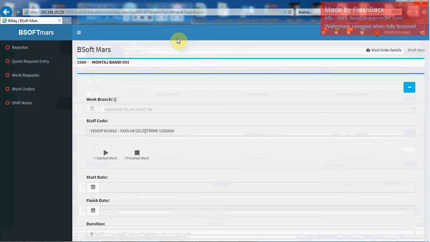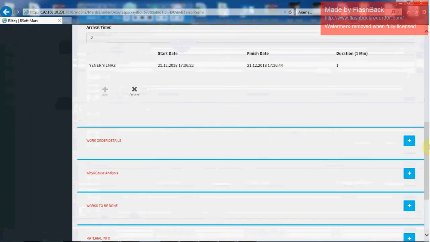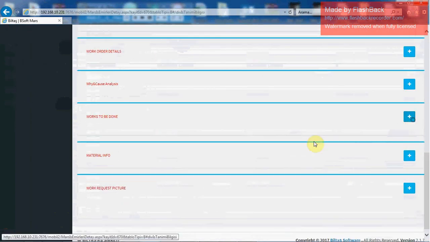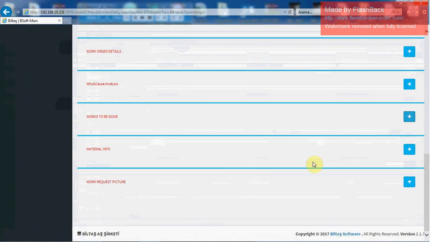And if there is no approval system in your facility, the work request automatically drops into the phones of the maintenance crew, and the crew goes to the problem and says, I started the work, I finished the work, I used these materials, I checked these things correctly,